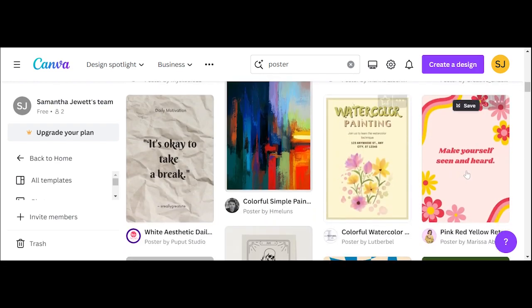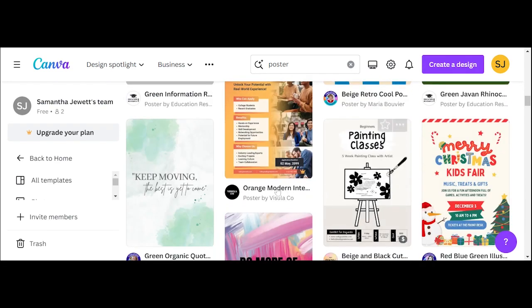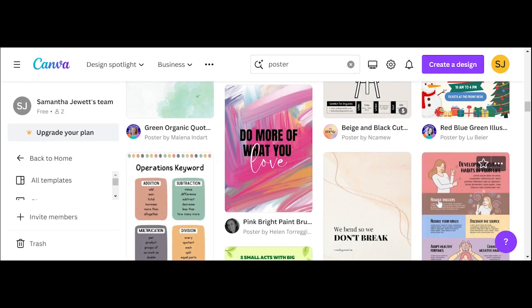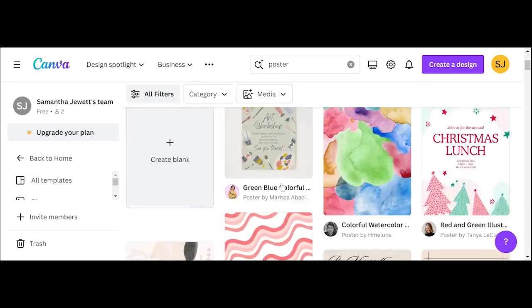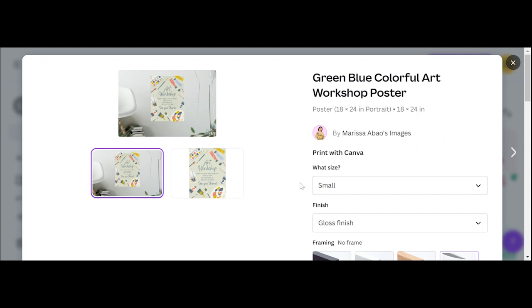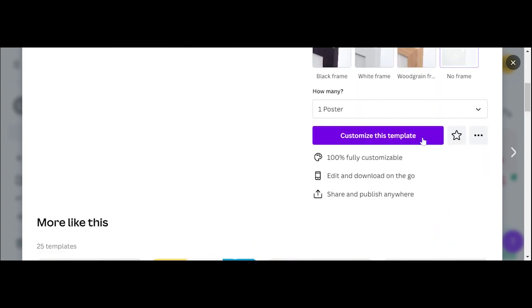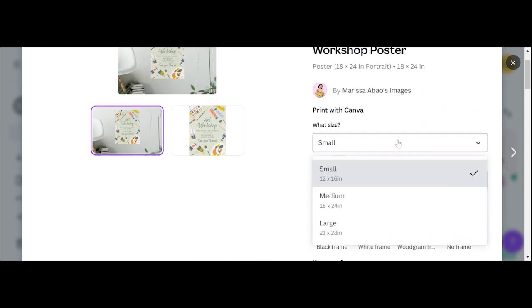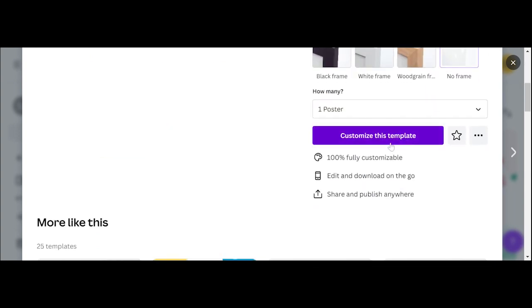So many books, watercolor painting. Now, these are just templates. We can change anything on this. So if I like the colors and the layouts, I'll go for it. So for example, I think I'm going to use this art workshop one, even though it has nothing to do with science. It does have to do with STEAM. And I want to customize the template. So I'm going to go to customize this template,